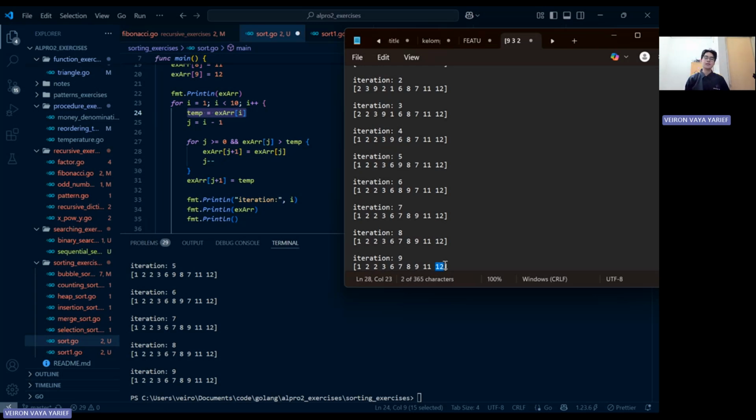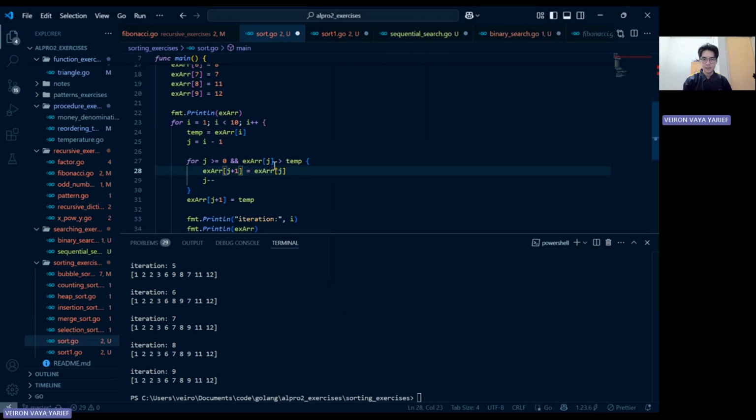Okay, so that's insertion sort, and I hope you understand it, because insertion sort is literally all about theory and the concept. And for exercises, it's literally the same. The algorithm will always be the same. What you change is the value in comparison. If you want to compare age, then it will be age, okay? Or maybe person age, something like that, if you have an array of structures.